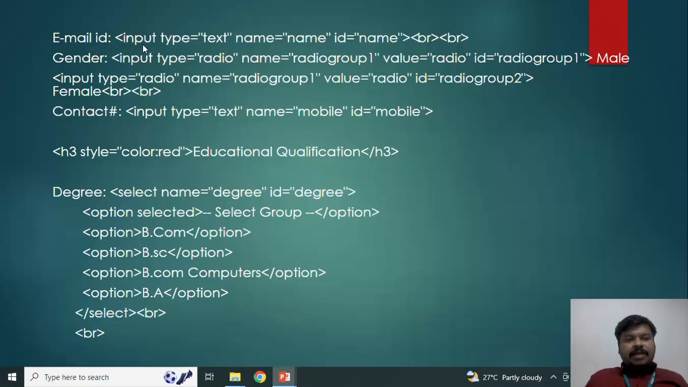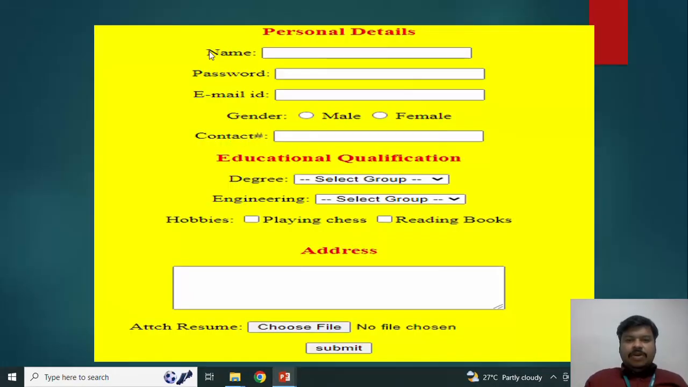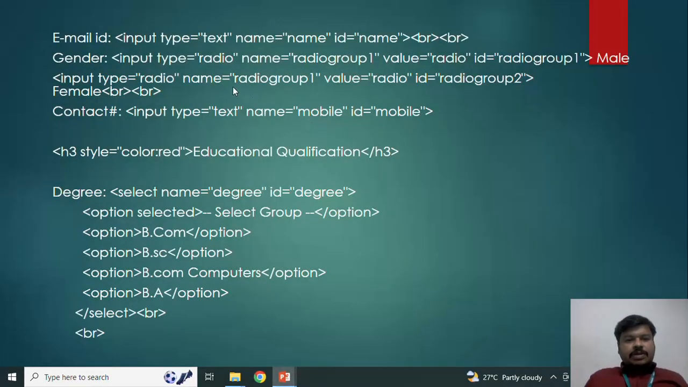Next, email ID, input type equal to text, name equal to name, ID equal to name. Gender, input type equal to radio button. So the radio button will be displayed. You can see over here there are two radio buttons, male and female. So input type, name equal to radio group 1, value equal to radio, ID equal to radio group 2, female,